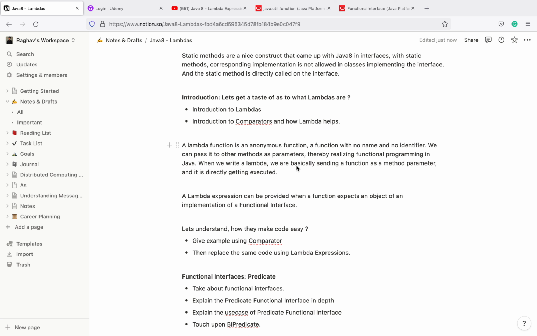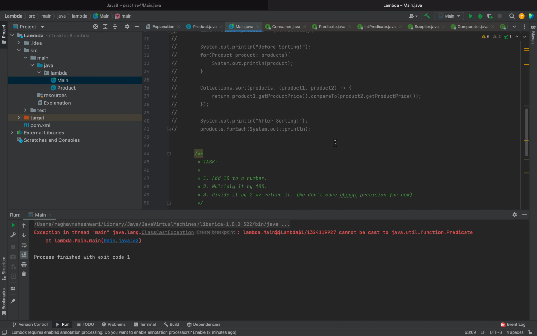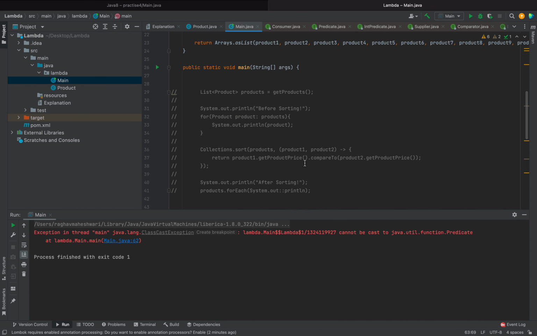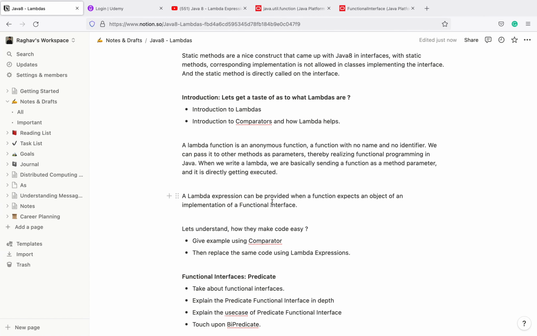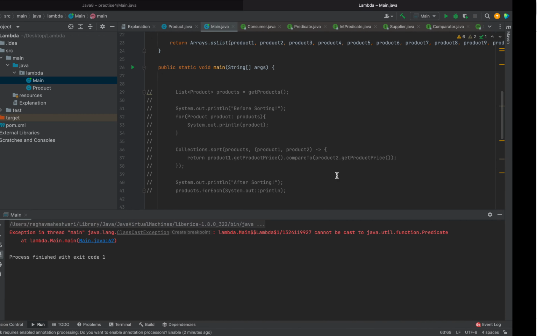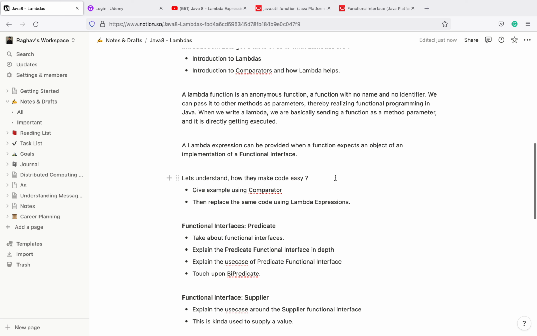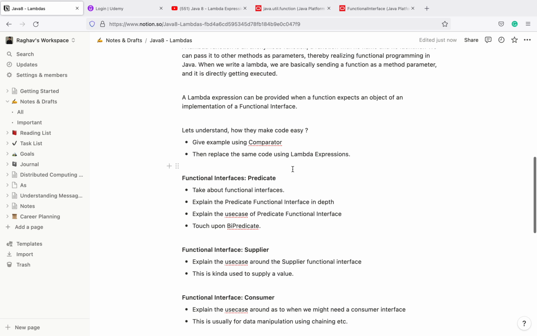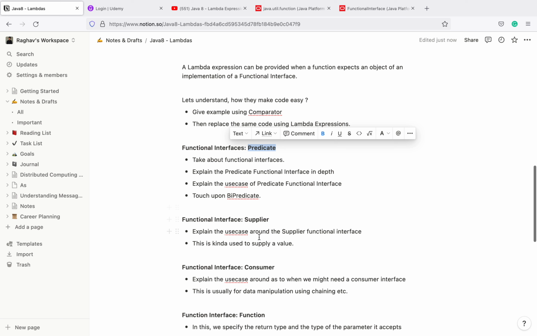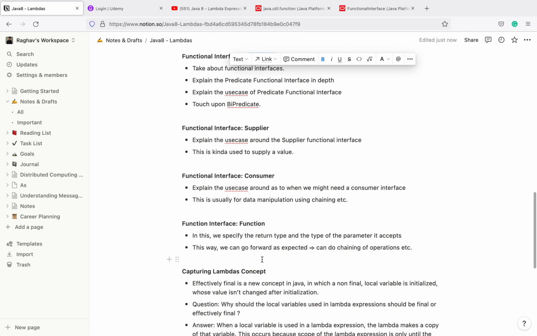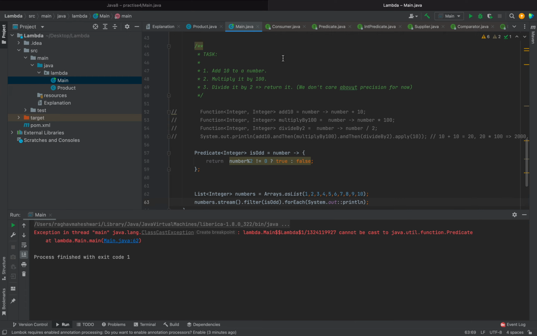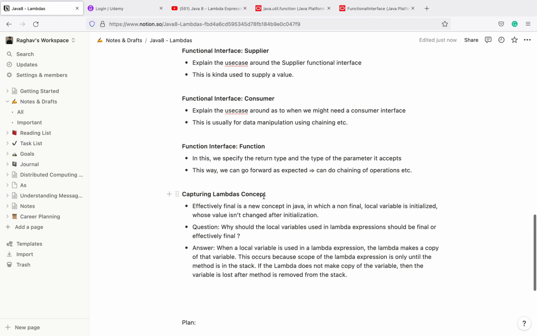Then yeah, drum rolls please. Let's come to the official definition, right? So a lambda function is nothing but an anonymous function. You can see we gave no names to these functions, right? When we were passing it in, there was no name as such. So these are anonymous functions with no name and identifier. We can pass them to other methods as parameters, and hence functional programming in Java, right? So we understood how it works. We talked about predicates, we talked about suppliers, consumers, functions which we used for our examples around this manipulation we were doing on an integer, and then final point